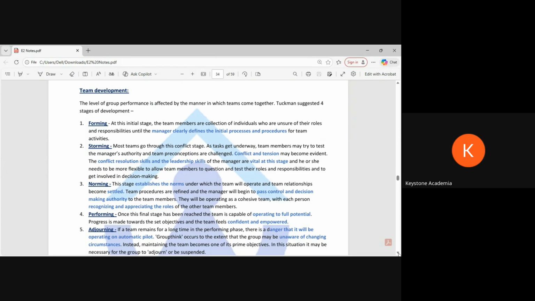So what we need to know is the names are enough, and to explain, obviously they are not expecting us to give this definition in the exam. If this comes, we have to apply it to the scenario. They will give you exactly what kind of project it is. If they're asking about this team, how many members are there, they will also give you a hint what kind of challenges we are expecting.